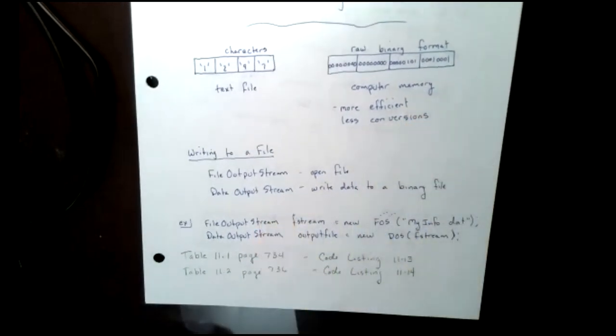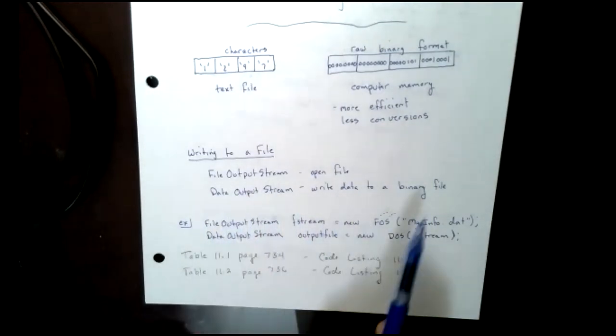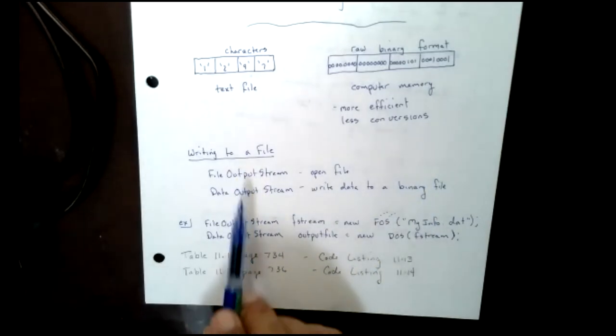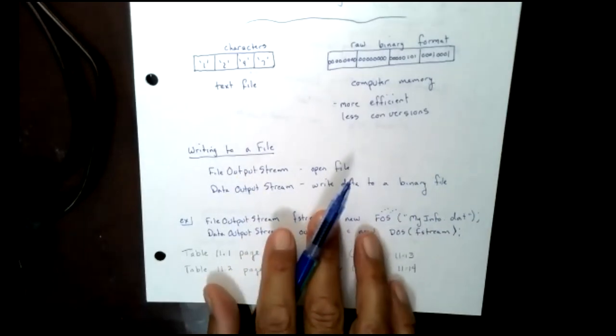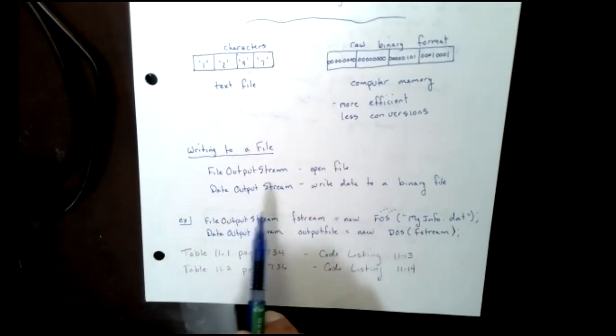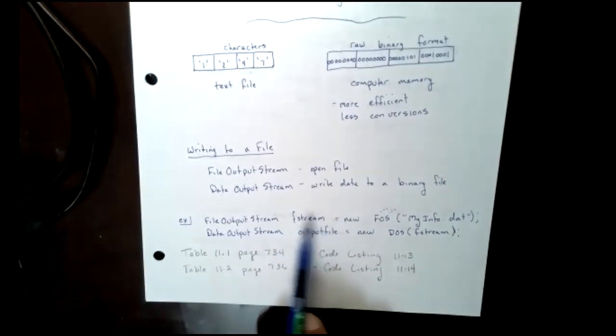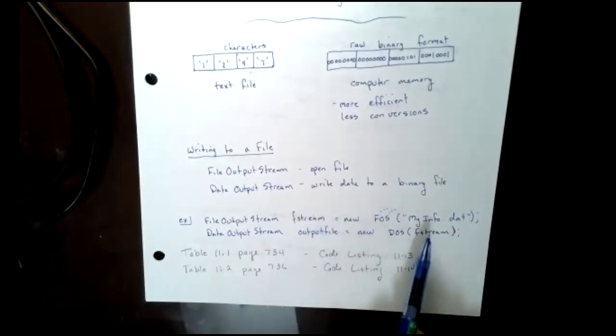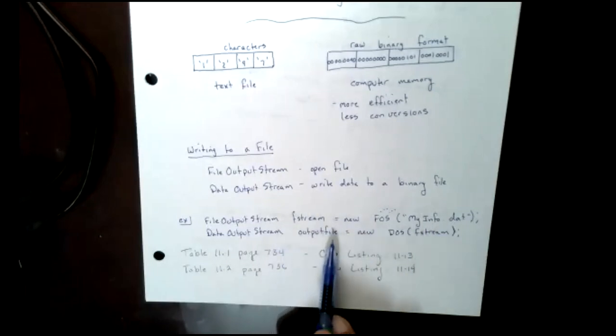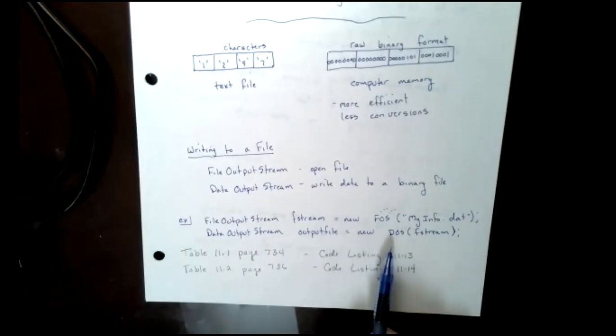All right, so I want to get ready and I want to write to a file. I had my little opening of the file and then getting ready to write the data to the file. I have a layout of creating this first instance, creating fstream. There's an object fstream. It ties into the name of my data file. Then I create another instance. This time my object is output file, and this stands for data output stream. You saw it all in the